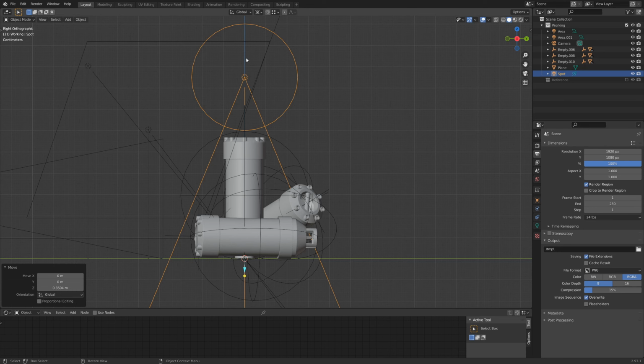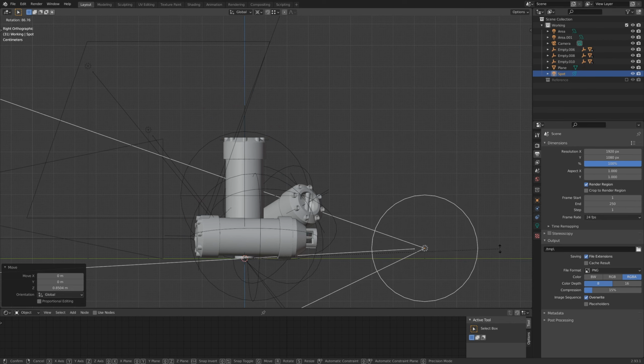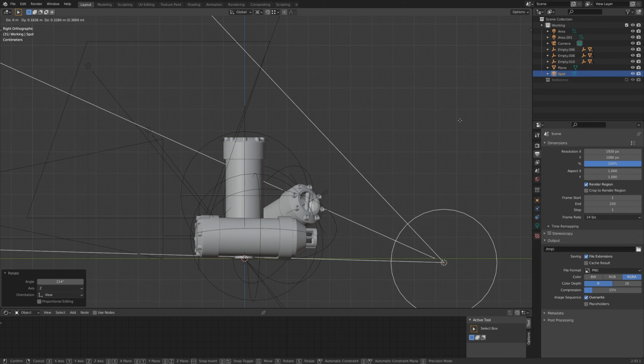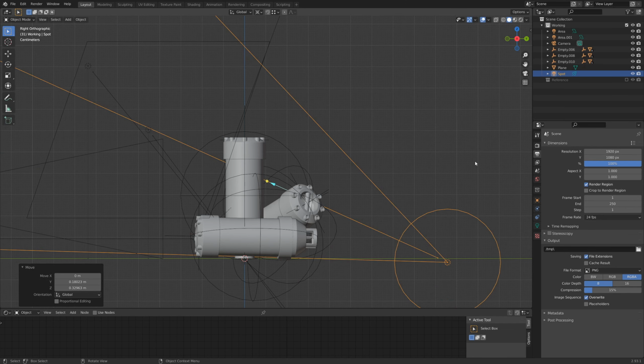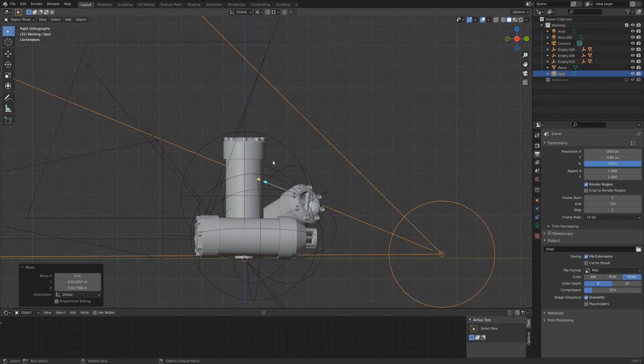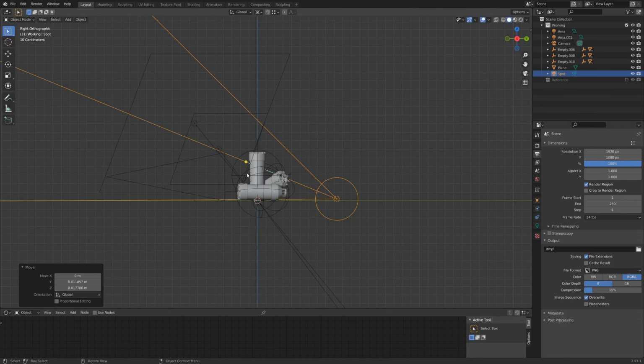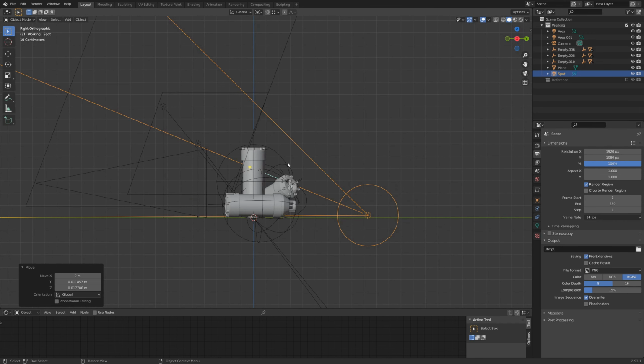So the way we'll accomplish that is to rotate this around the cursor. If we keep our cone above the ground floor,